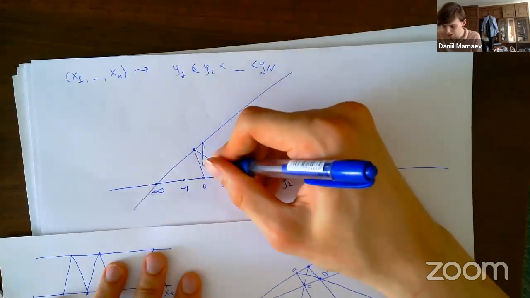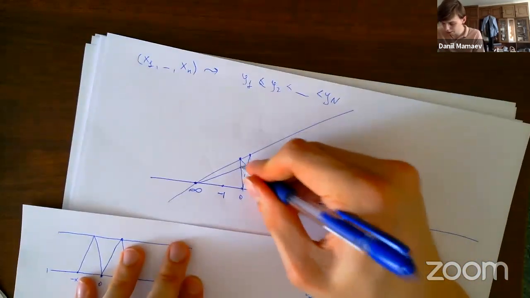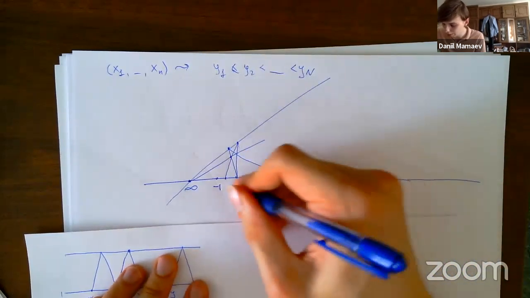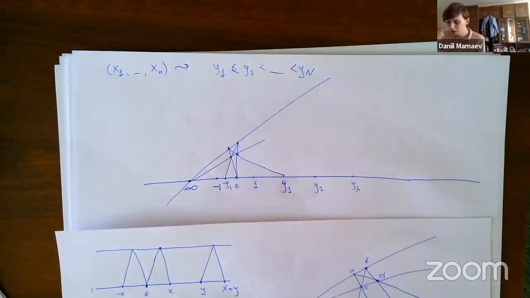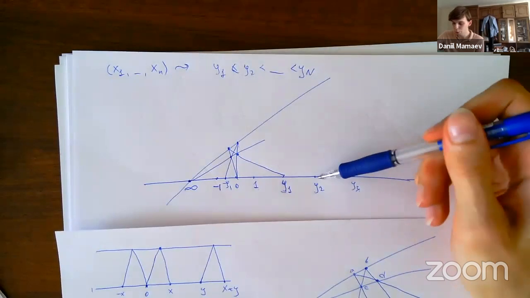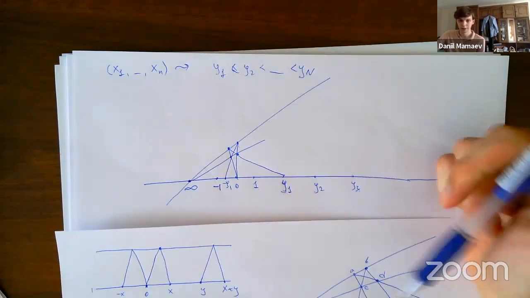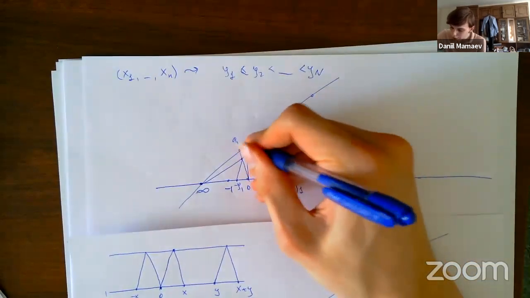You do like this, do like this, do like this, and what you get here is minus y1. And then you want to say that minus y1 plus y2 is equal to y3. How do you do this? Well, again, you choose, well, this was A1, B1,